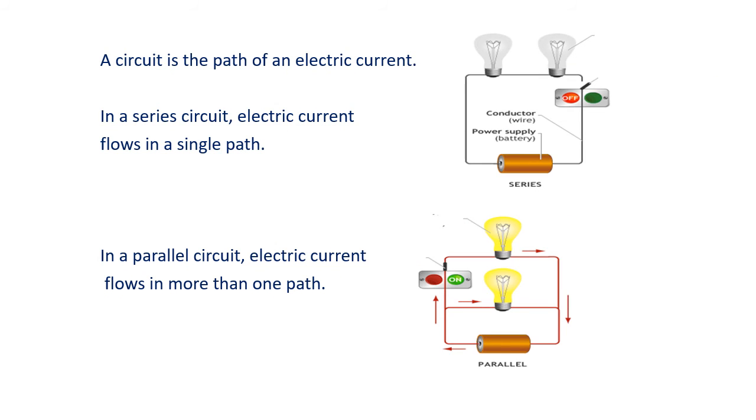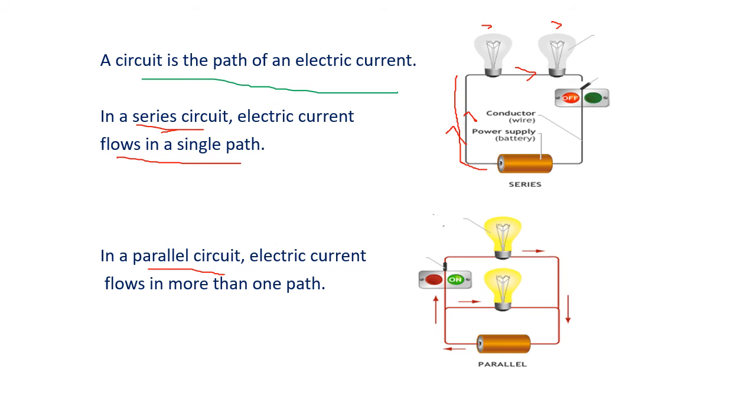Okay. Now for the next topic of the day, we are going to circuits. What is a circuit? We have known circuit is the path of electric current. Now there can be two types of circuit, a series circuit and a parallel circuit. A series circuit is one in which there is only one path for the current to flow. If you can see the battery, the current is flowing through here, through this bulb and then through this bulb. So there is only one path for the current to flow.